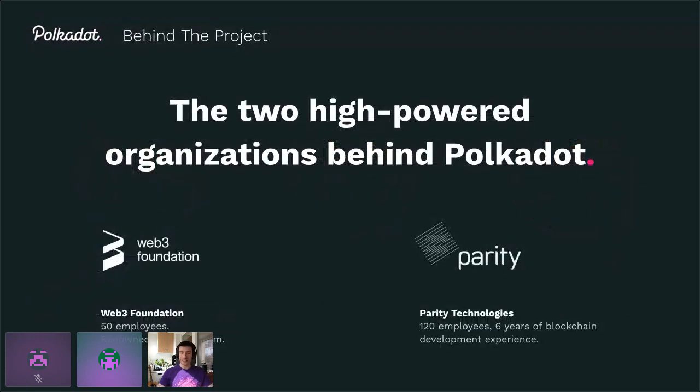But like I said, nobody could achieve a technological breakthrough on this scale by himself. So in the background, you're actually going to see two organizations working together in tandem, the Web3 Foundation and Parity Technologies. I personally work at the Web3 Foundation. Parity Technologies is a close partner of ours, but really this is how these two organizations come together to initially create the Polkadot and Substrate ecosystem.